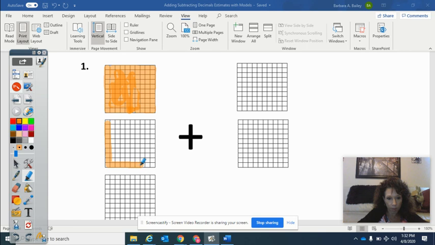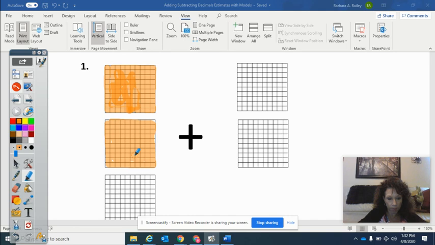Hopefully this time I do a lot better with my coloring. I'm doing it quickly, so if you're doing it at home, you can pause the video if you need to. I did better with that one. Okay, and on the last block,